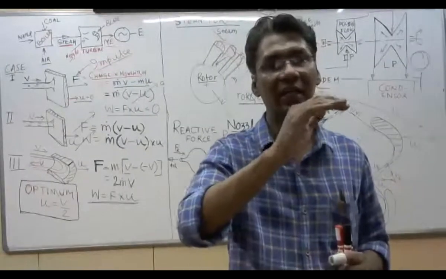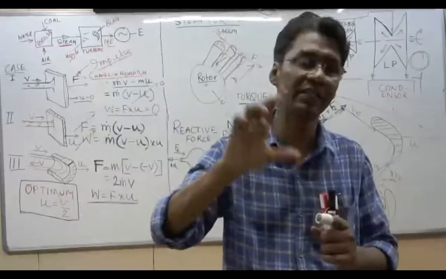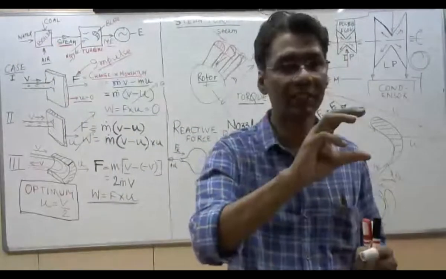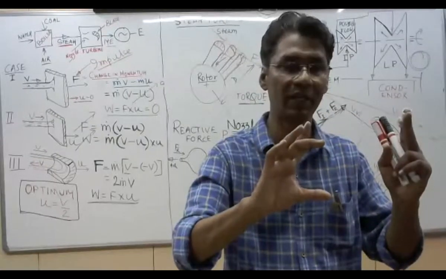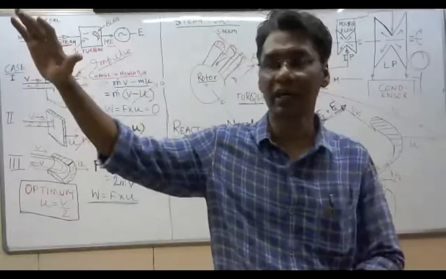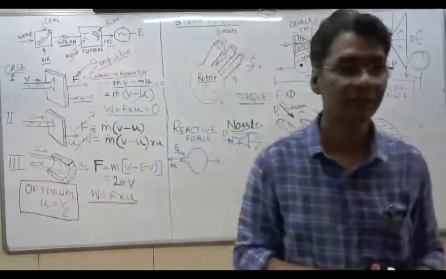Because the pressure in different stages of the turbine is different, the blade size is different. If the volume of the steam is less, that means the pressure is high, and we have smaller size steam blades. If the volume is higher and the pressure is low, then we have larger size steam blades.